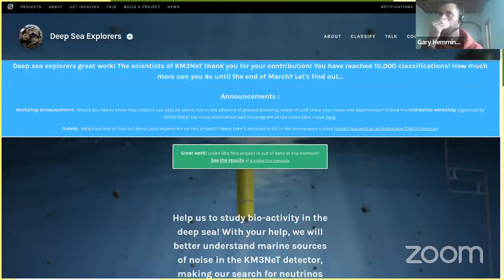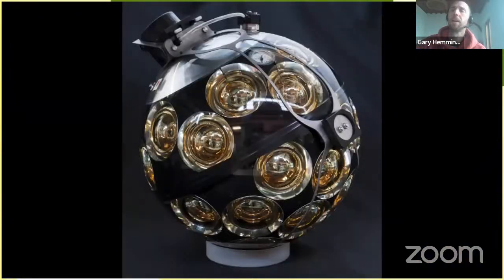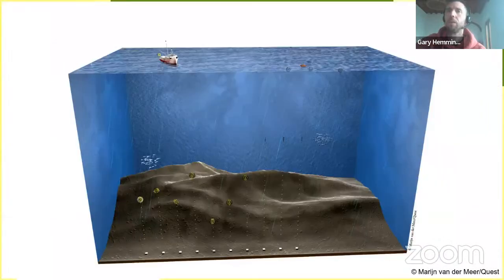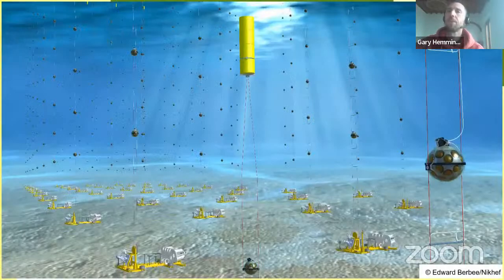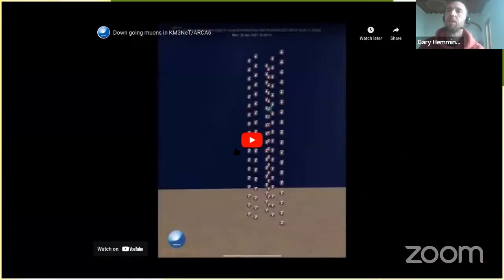The next project that we've developed is the Deep Sea Explorers project, which uses data from the KM3NeT collaboration. KM3NeT has 2 neutrino detectors at the bottom of the Mediterranean, and they use these digital optical modules, these DOMs as they call them, to study Cherenkov radiation. So here we can see how these digital optical modules are laid out at the bottom of the Med. They're set up in these forests at the bottom of the sea, and they sit there, chained all together. And let's see if we can make this play properly.